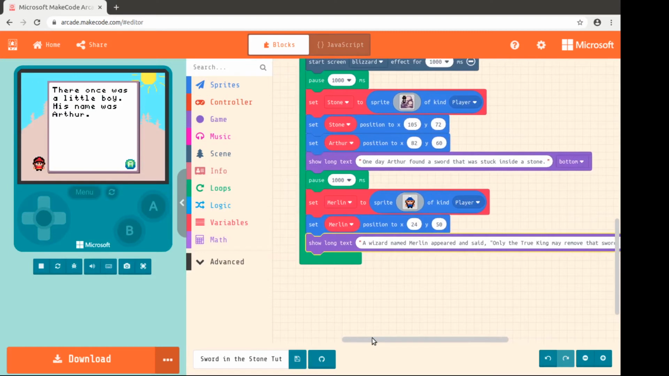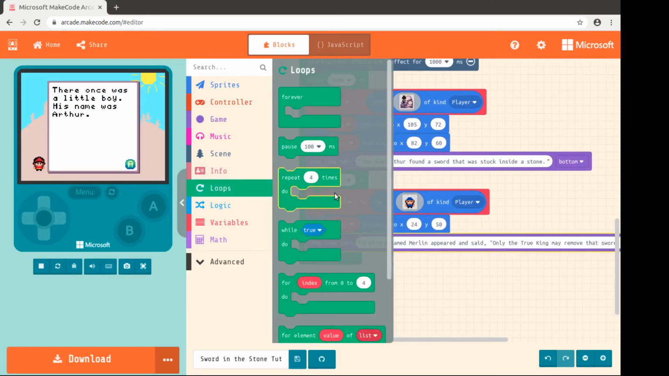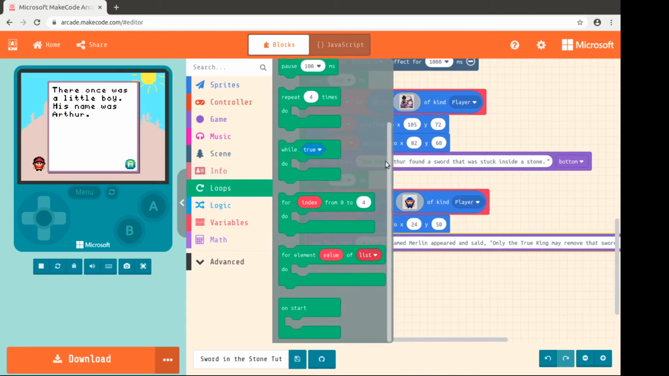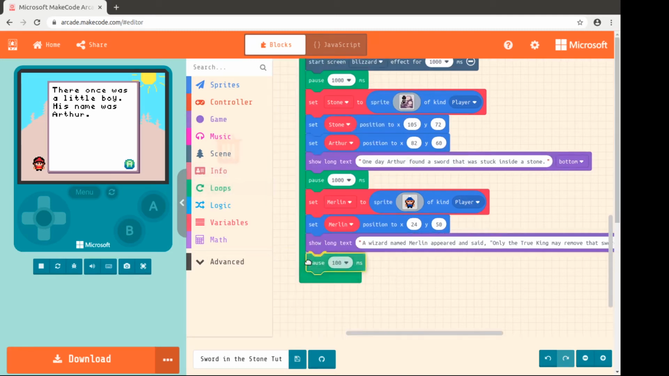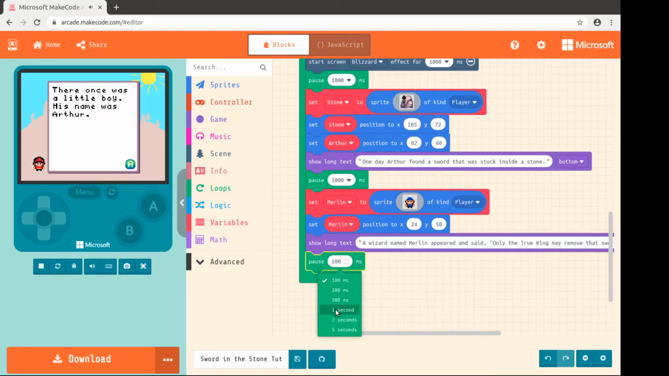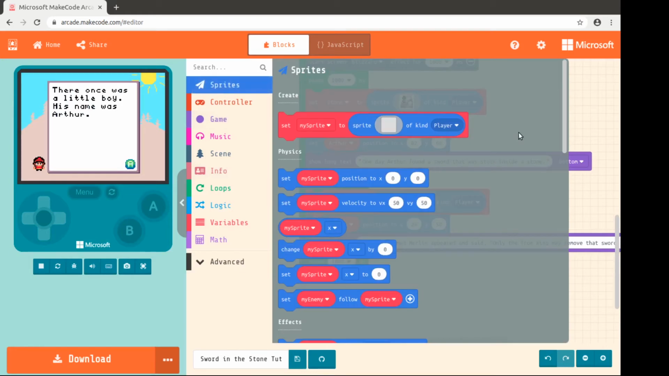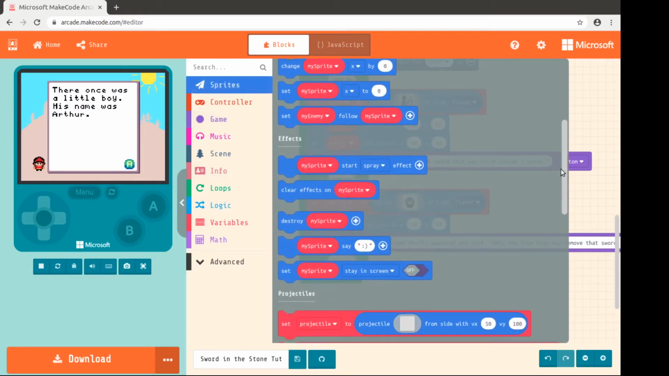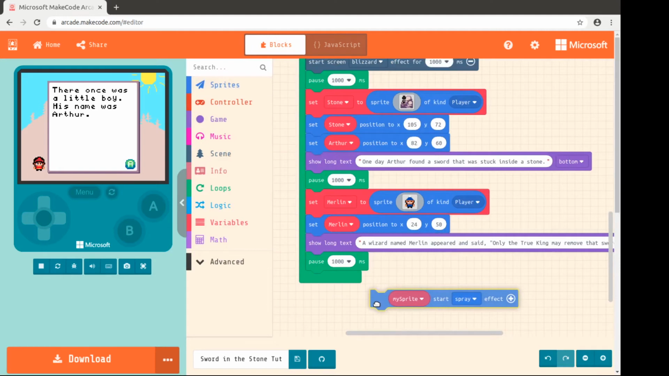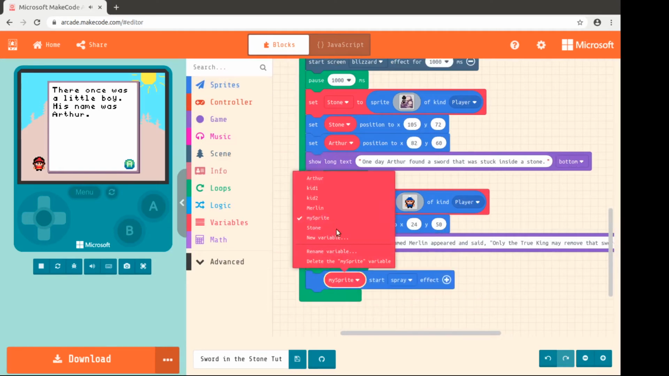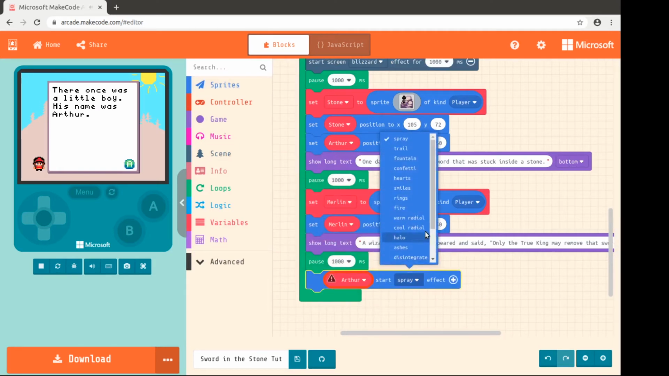So that gives us more of our story, and pause again for another second. And maybe let's remember we did some effects. Let's make Arthur think about that. So Arthur is going to,